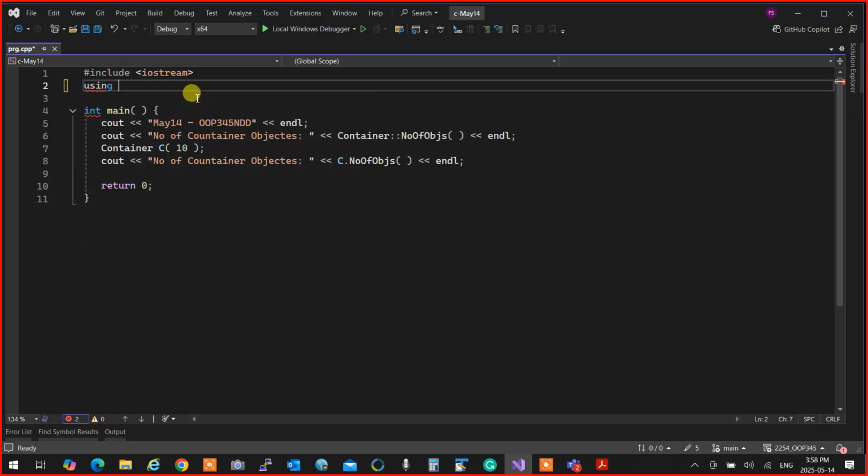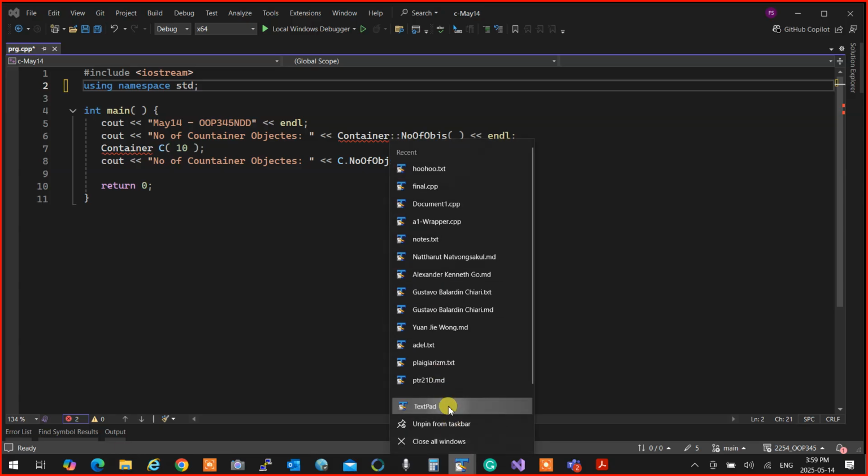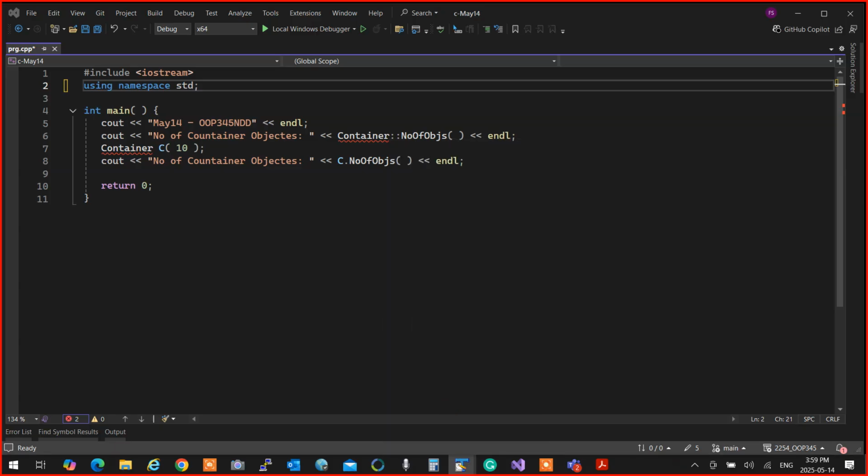using namespace. Okay, so this is what I wanted to talk about. It's quicker if I did this. Also,